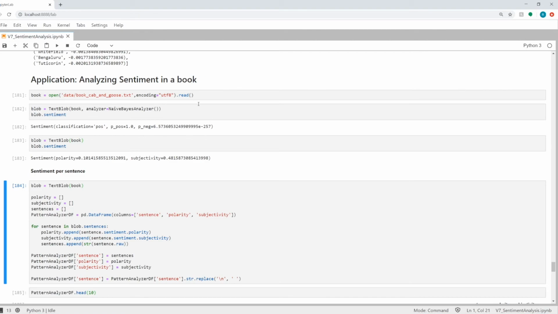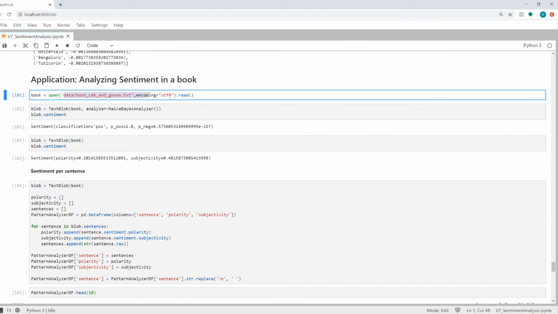So first thing I want to point out is that when you have a book which is a very large piece of text, if you do a sentiment analysis on the whole text, you will not get any good results. Like, it just shows you positive equal to 1 or 0.1. It doesn't mean anything. The whole book is positive, negative. Every book will have some positive words and some negative words.